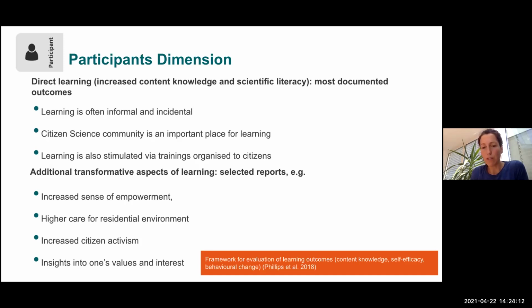And Barbara mentioned this evaluation framework for learning from our American colleagues. And we also have a direct link to this at the end of this presentation, where you can find very clear guidelines and also questionnaires that help you to set up this kind of evaluation. And then in the last dimension, Barbara, could you?